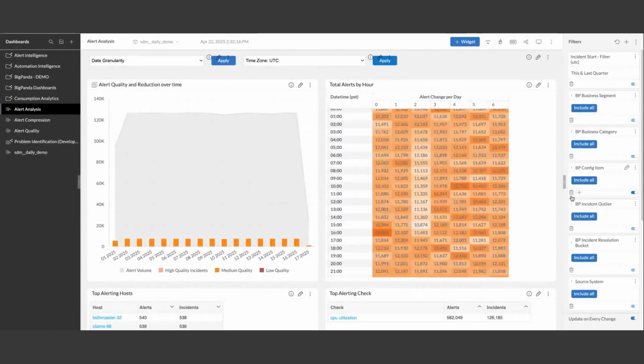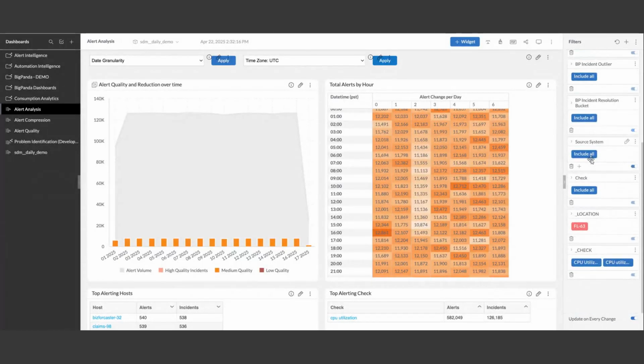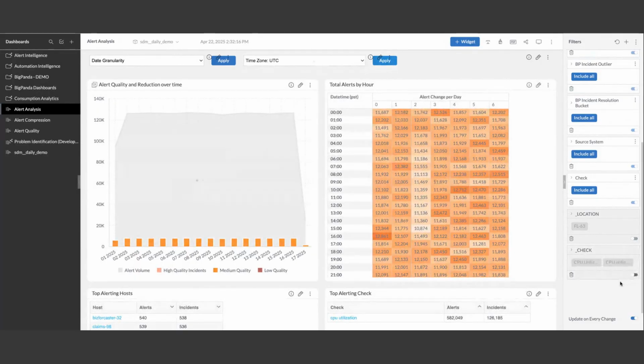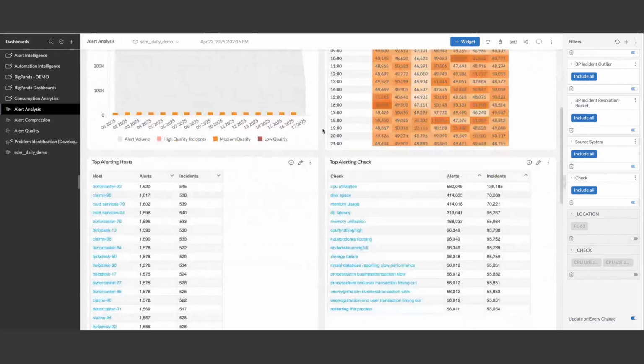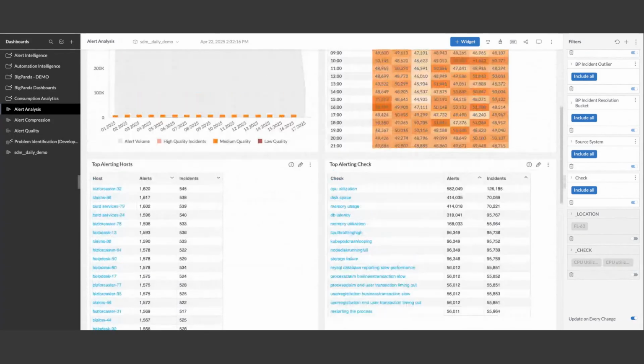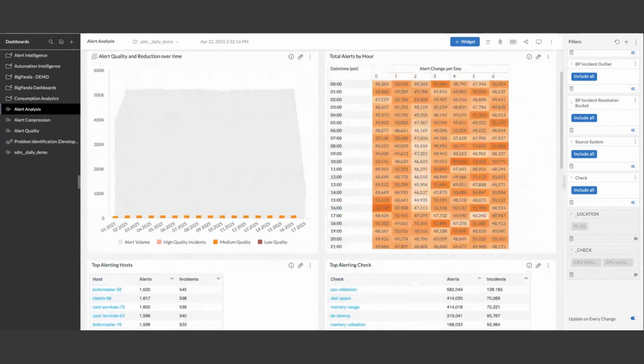And what I'm looking at here is the last 2 quarters worth of data. And I already have some filters in here. I'm going to delete these or hide these for a second. Now, the mindset, the investigative mindset with these dashboards